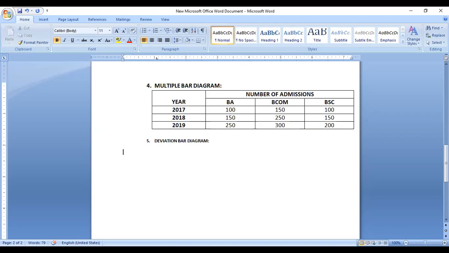One year profits may come, next year losses may be incurred. So that data can be represented in the best way in a deviation bar diagram. So it is used for presentation of net quantities which can be positive or negative. Net positive figures are presented by bars above the baseline, while negative figures are shown below the baseline. Now let us take an example of how they are going to show. With an example I will tell. Okay.